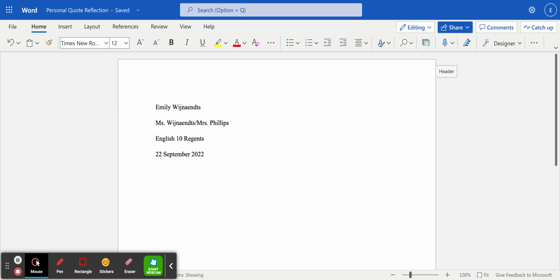Next, we need to do our title of our paper. So you'll click Enter, and you will need to center that. So you'll have to go over to Text Alignment and go to the Center Alignment. And here's where you type your paper title. Please try to make it creative, not just the name of the assignment. So who am I? Reflecting